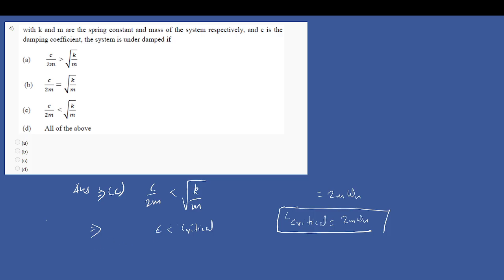So whenever your damping coefficient is less than the critical damping coefficient, which is your C critical, which is given by 2m omega n, in this case it is considered an under damped system. So let me define this. How do we say this case? So let's say if you are having